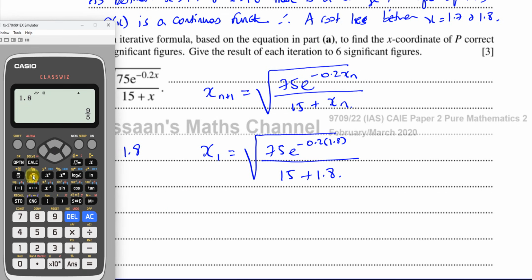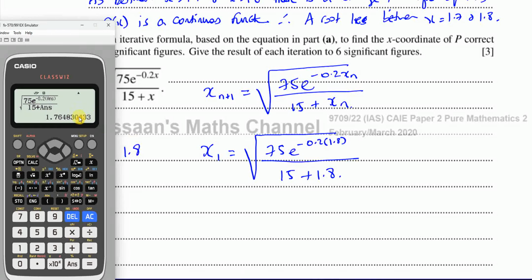So now I set up this expression here: the square root of 75 times e to the power of negative 0.2 times answer. Right now what's going to go in here is 1.8, because that was the last answer in my calculator, divided by 15 plus, and again I'll put answer. So when I press equals, it's going to give me the value of x1. It's going to replace these two places with 1.8, because 1.8 is what the answer is. So I press equals, and it gives me